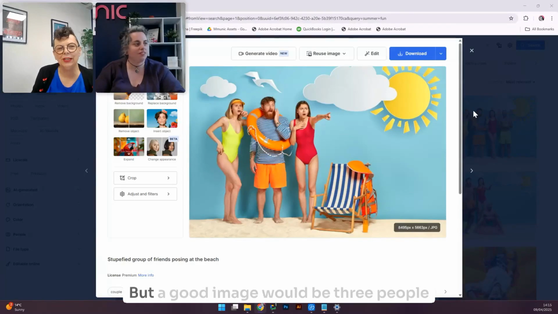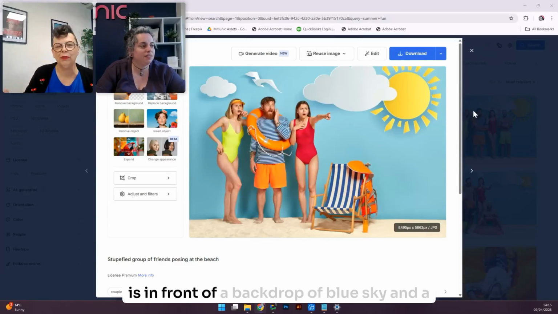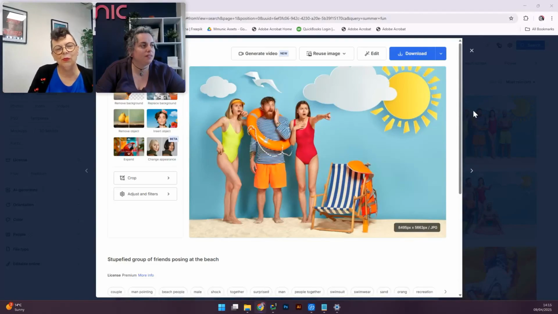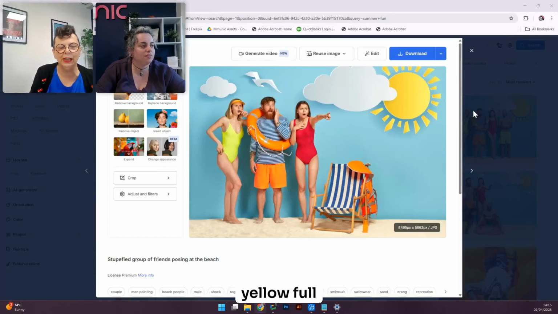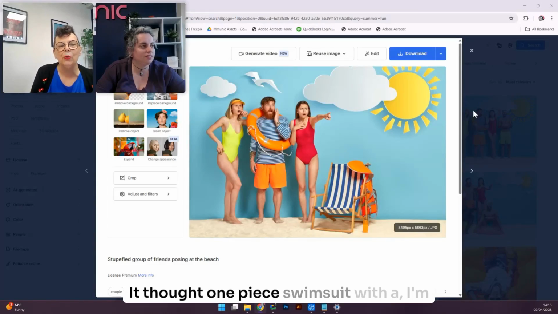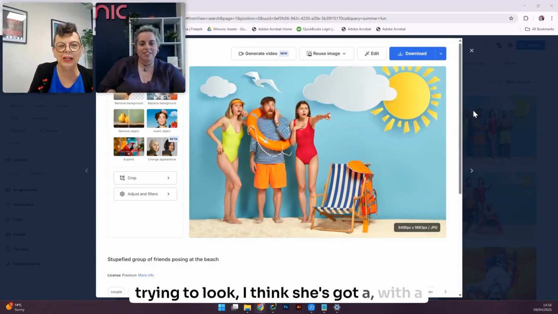Yeah. But a good alt text would be: three people standing in front of a backdrop of a blue sky and a beach. The woman on the left is wearing a neon yellow full one-piece swimsuit, and I think she's got a sun visor on.